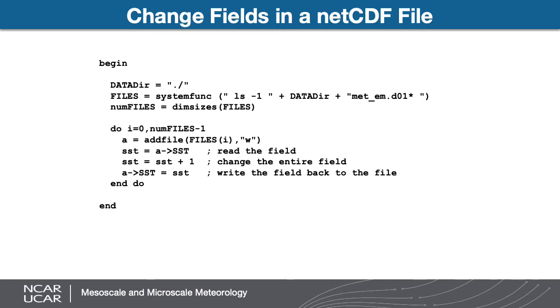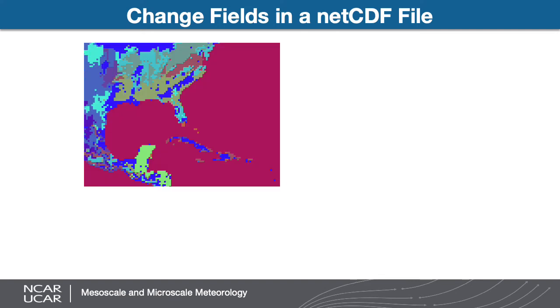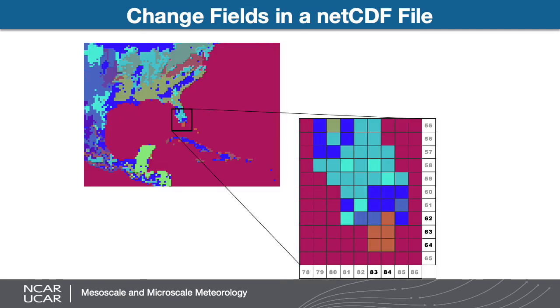Now, for example, say you don't want to change the entire field. So, for example, we would want to change all of the orange grid cells in here to match the grid cells around it at the base of Florida. A good way to do that is to do it in your GeoGrid file that you make in WPS. We're going to read in the land use, and then we're going to specifically read in